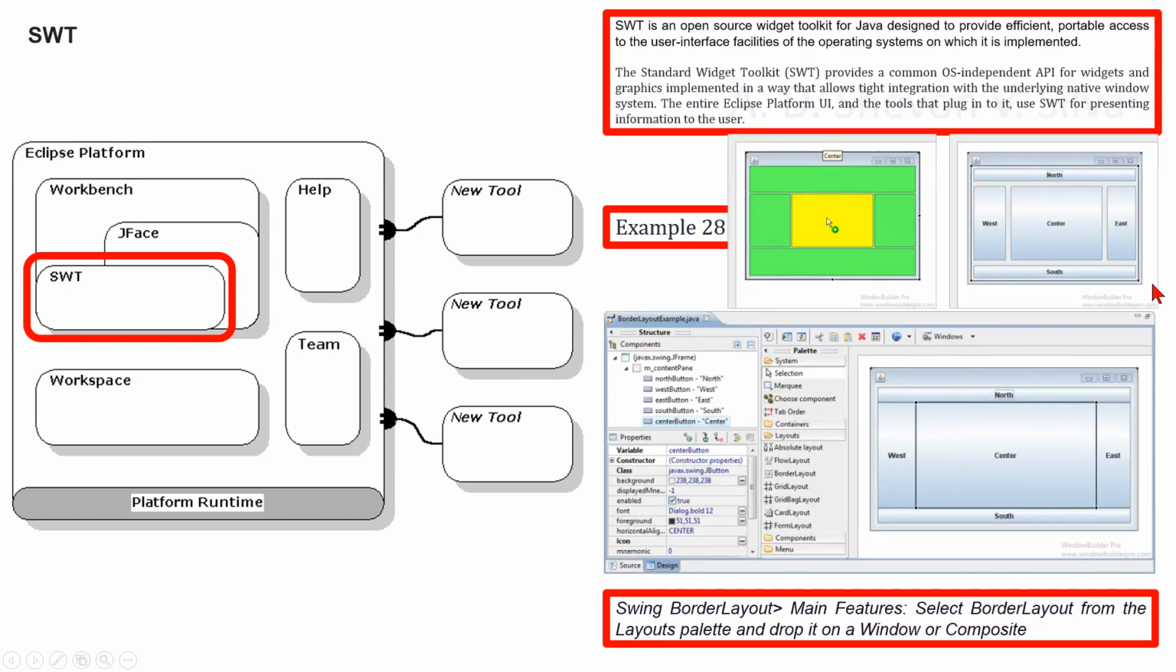Now we are considering main features in swing border layout. Select border layout from the layout palettes and drop it on a window or composite. Border layout lays out the container, arranging and resizing its component to fit 5 regions: north, south, east, west, and center. Each region may contain no more than one component and is defined by the corresponding constant